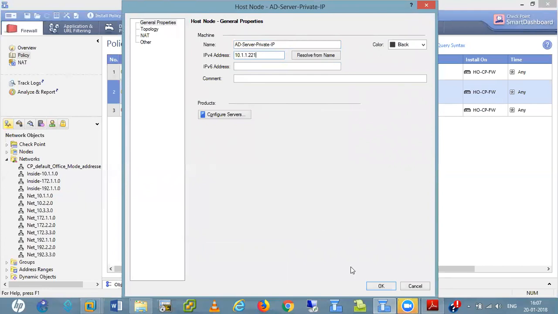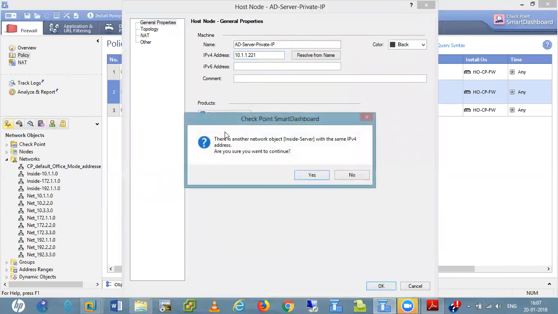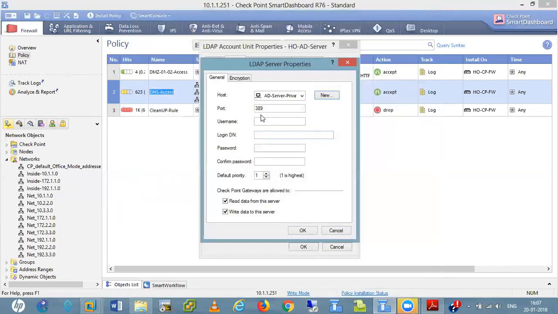This is the IP of my AD server. Here I call this AD server private IP address. The port number is 389, which is a TCP port.